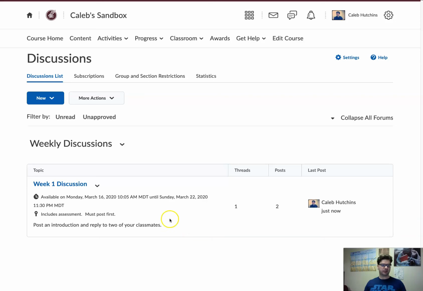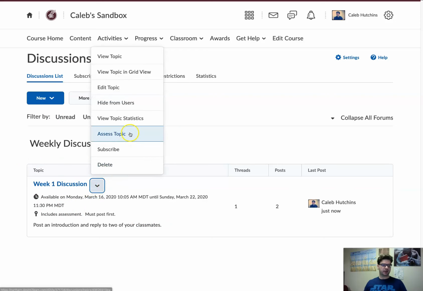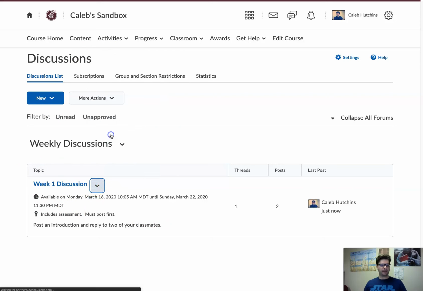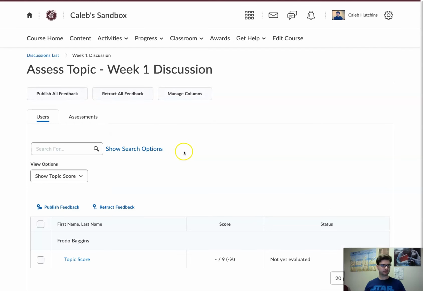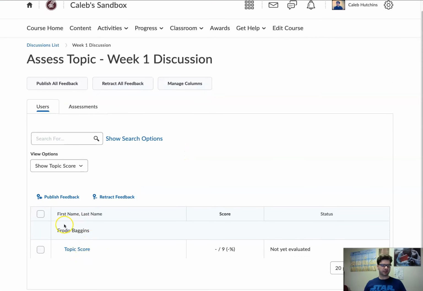So this is what it looks like. When we're in the discussion tool and we see our list of weekly discussions, we click on the little arrow next to the weekly discussion and we go to Assess Topic. Now it's going to show us a list of all of the students in this class. And right now we just have Frodo, and it says he's not yet evaluated. So if we click on Topic Score,